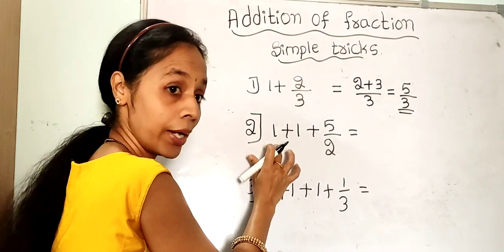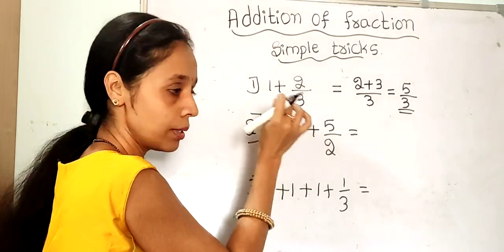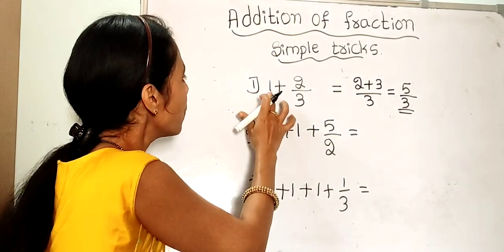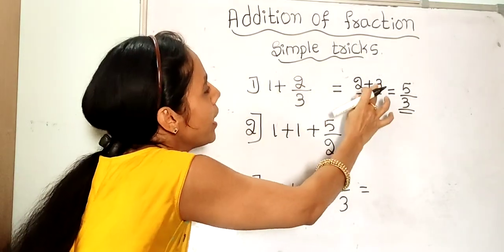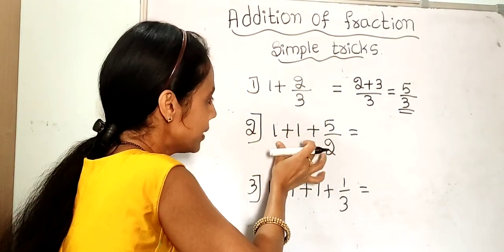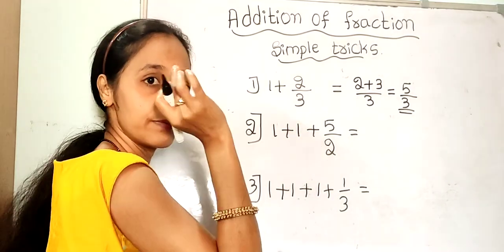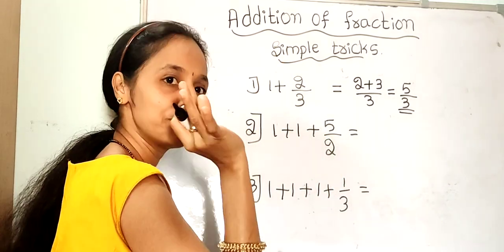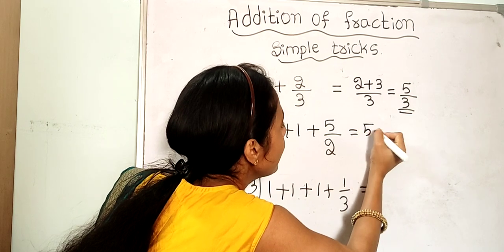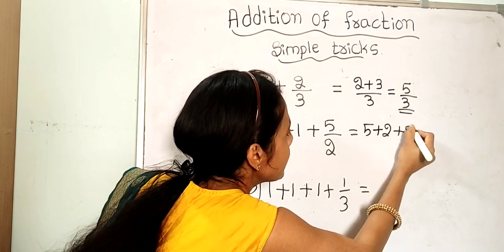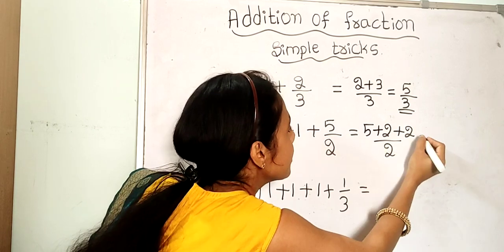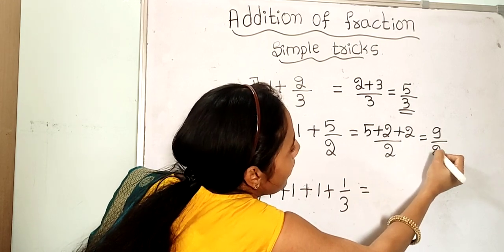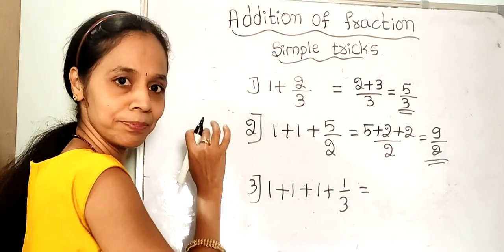Consider 1 by 1 plus 1 by 1 plus 5 by 2 is there. See how we can add easily? See, 1 by 1 is 1 time, so we add 1 time the denominator. In this situation, 1 by 1 is 2 times, so we add 2 times the denominator to the numerator and we get the addition. Okay, 5 plus 2 plus 2 divided by 2. This means 5 plus 2 is 7, 7 plus 2 is 9, 9 divided by 2. It is the addition of this one.